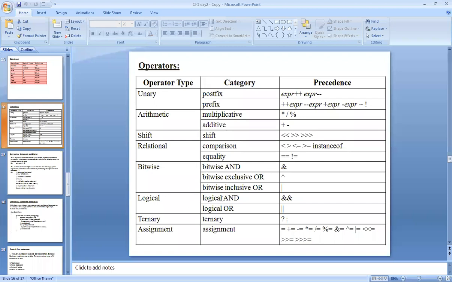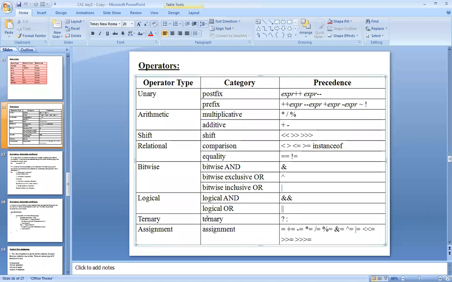Okay. Now see. We have covered these two. Only this operator remains. Now we will move towards that operator. That operator is nothing but bitwise exclusive OR. So I will implement it in the same program.